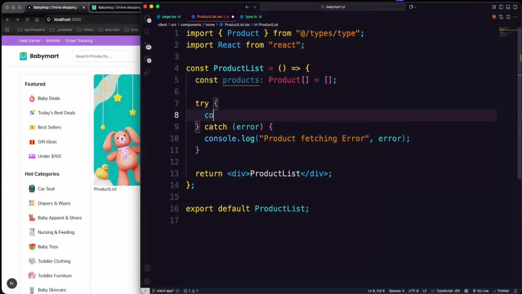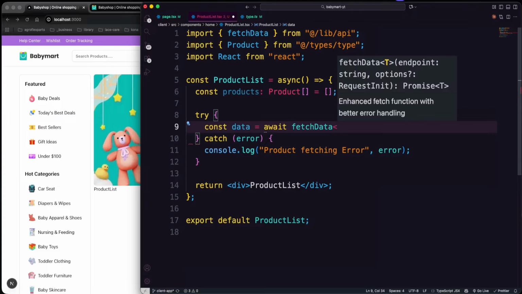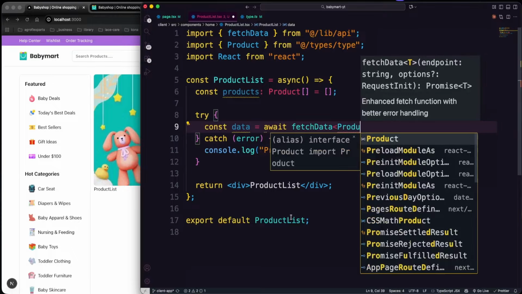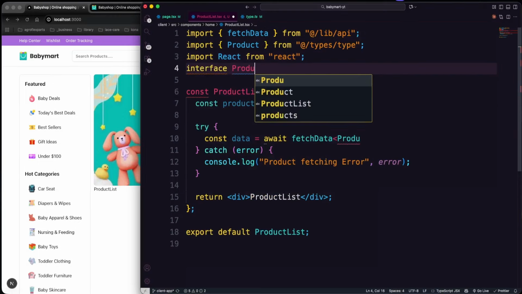And for this one, let's make that const data is equal to await. And of course, as we make await, I want that entire component to be fetched on the server side. So that's the component and should be fetch data. And within the fetch data, we're going to provide that product. Of course, we need to define that interface here. So interface should be products